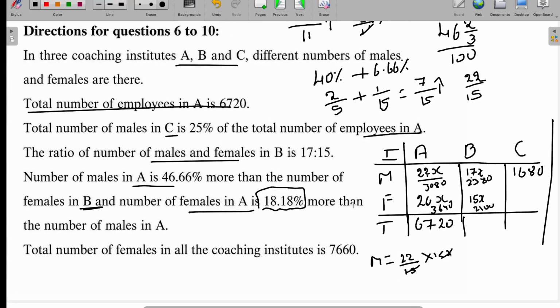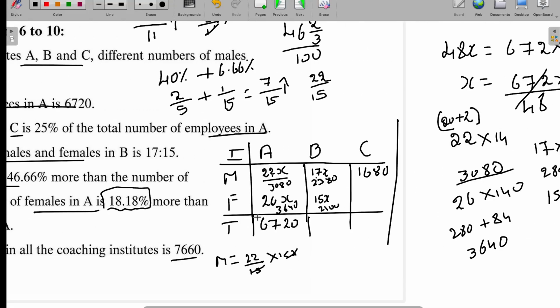Anyway, next, what they have given is total females, 7660. Anyway, we can solve easily. Total females they have given is 7660. If I add these two numbers and subtract, you will get it. So how to add it? 3000 plus 2000, 5740. We have to subtract